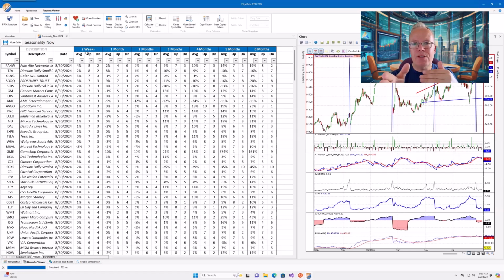So what happens is, if you run this on a day like today, the last bar in this data is 8:30, which is Friday. So the program says, go back 10 years and tell me what the percent gain was over a 2-week period from 8:31 to 2 weeks after 8:31, basically. That's what it does. And then it's also got the 1 month column, 2 months, etc. But basically it's a calendar period.